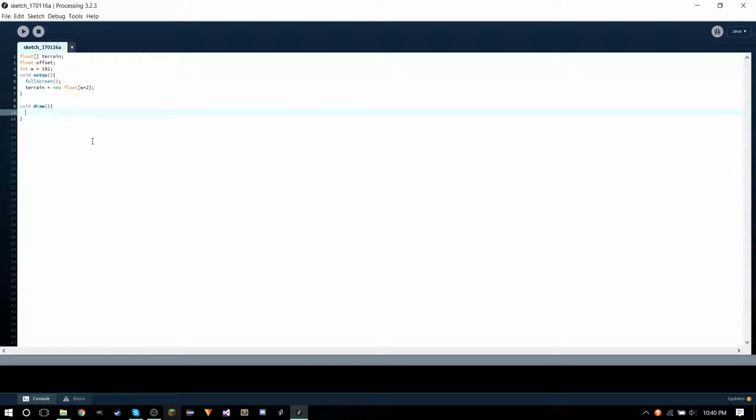So, I will make a for loop, int i equals 0, i is less than terrain dot length. Whoa, if I can type. i plus plus. There we go. So now in this for loop, terrain of i equals,